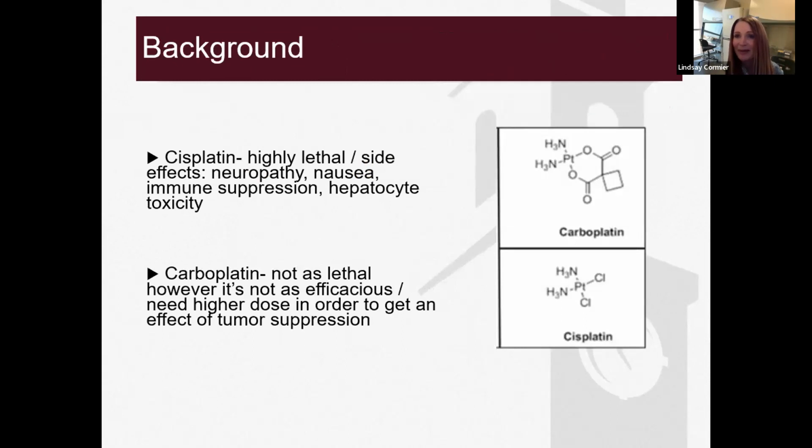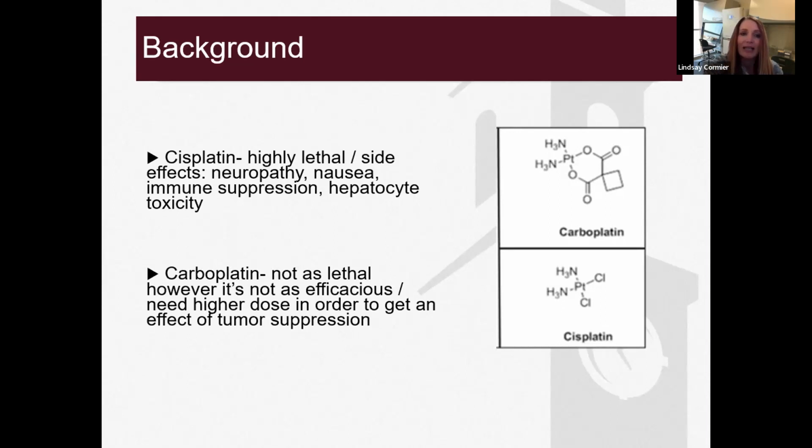Now, just a little bit of background. I kept one slide in. This is showing you the cisplatin and carboplatin that was previously talked about in this platform. But I left it in because it talks a little bit about the side effects on the physiological systems. So the cisplatin, which is a very small drug, is highly lethal. Its LD50 is extremely low. And so in some cancer types, it's used as an end stage drug. And it has high neuropathy, high nausea, it suppresses the immune system. So we get co-infections a lot of times in these patients,